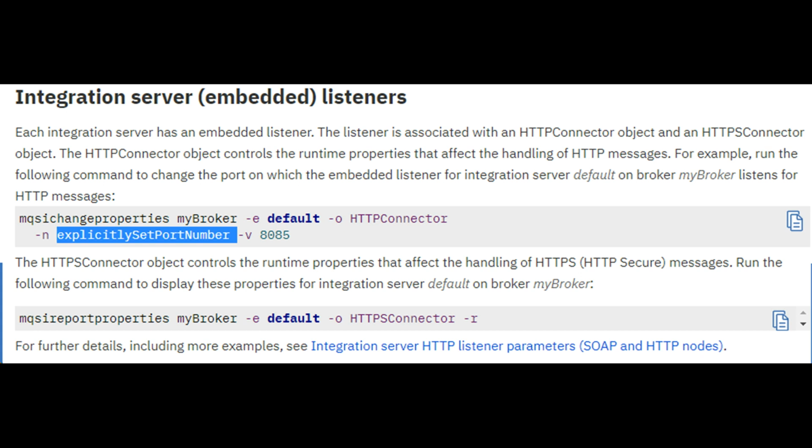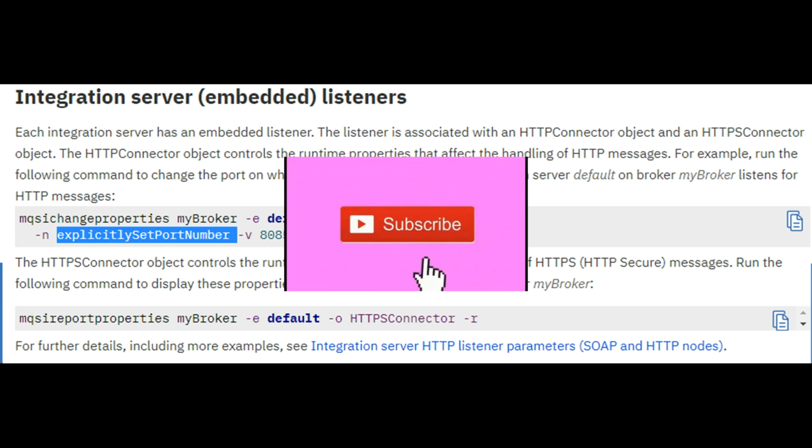We have to set port numbers for those execution groups so that the port numbers are not random. Why? Because if you stop and start the execution group, the port number might change based on the availability of the particular port. How can we do that? Every time the execution group stops and starts, we want the same port number to be associated with it.